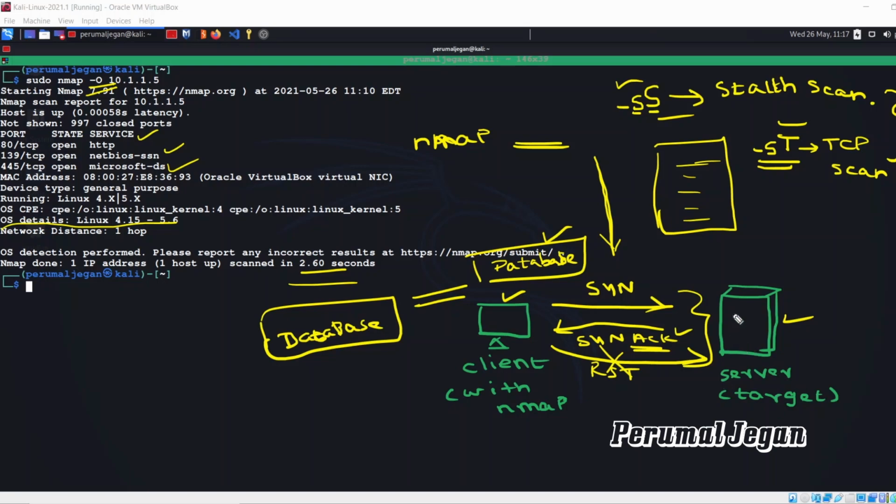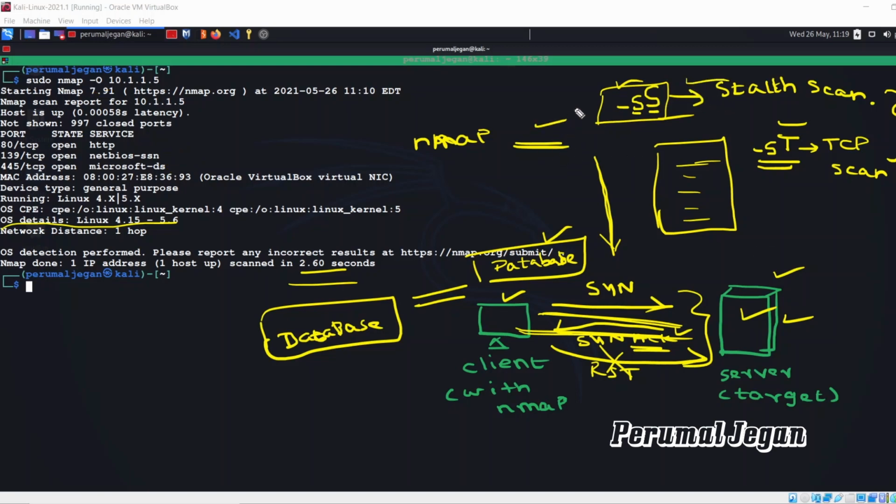I'll tell you an example. If the TCP scan completed, then it means the connection is established between the client and server. So the system admin at your target network can view who established the connection with your server, with your target. In that case, there are more possibilities to expose your identity. So to prevent that, you can use -sS to perform the stealth scan.